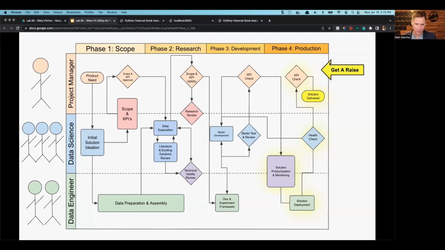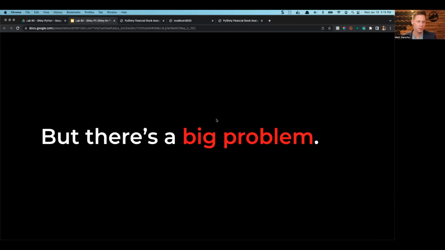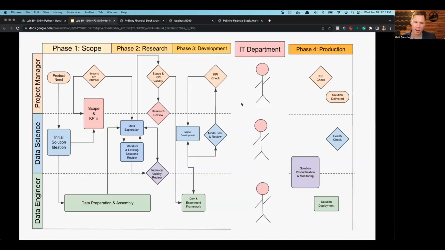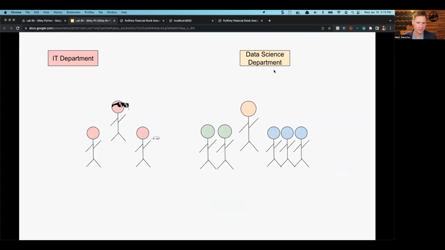Okay. So we have to do this complicated process, right? But there's a big problem. You see, in between these 2 steps, there's the IT department. And the IT department goes like this. This is a typical conversation, all right? I don't know if you guys have ever worked in companies, but IT's the cool guys that have all the power. And you meet with your IT department, and the IT department says, yeah, so this project isn't really going